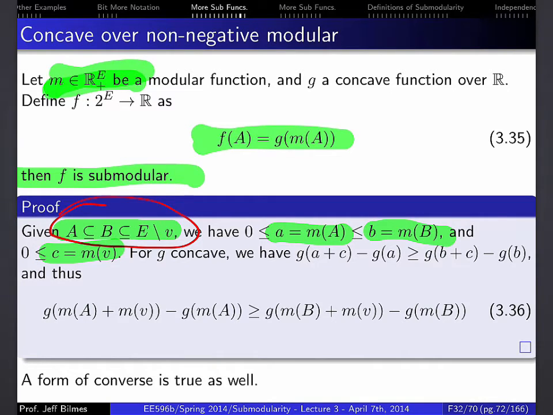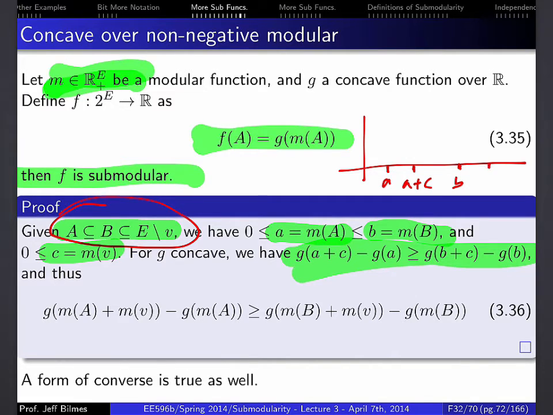Now, this is a property of concave functions that you may or may not know. So let's just draw a picture. It's not too difficult to prove. But if we've got, let's say, here's A plus C, and here's B, and here's B plus C,